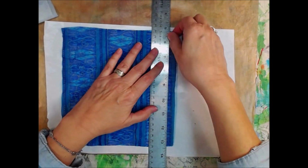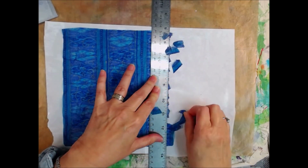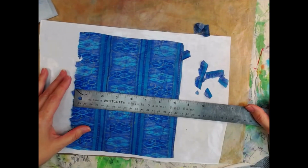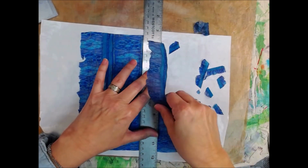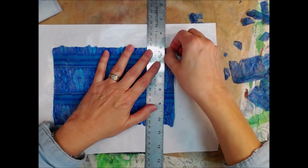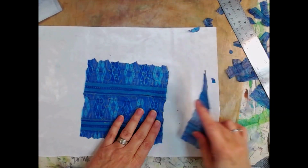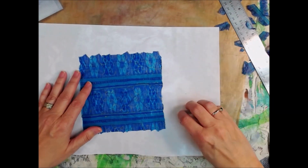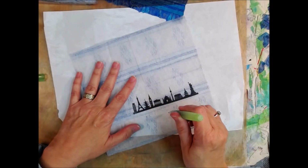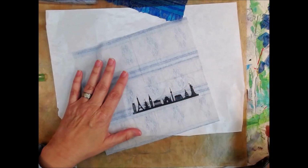Now this one is a size I'm going to tear down to about 5.5 by 5.5. Because remember, we want to keep an open edge in our laminate pocket because we want to make sure it seals all the way around the napkin. That means you have clear edges around your napkin page. Now, yes, once these pages are done, they're done. You can't do nothing really to them. And I guess you could use,